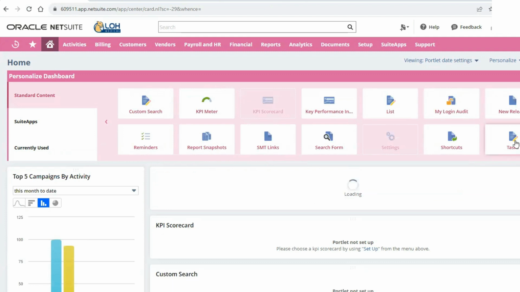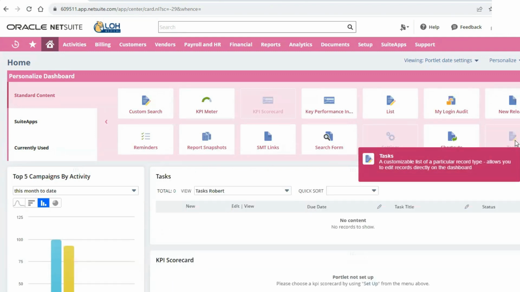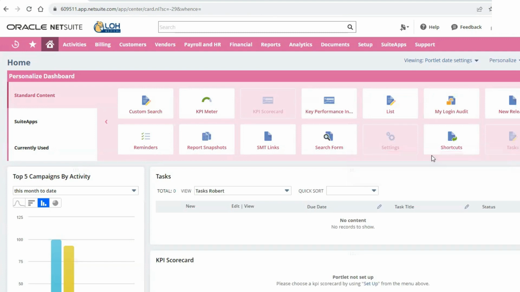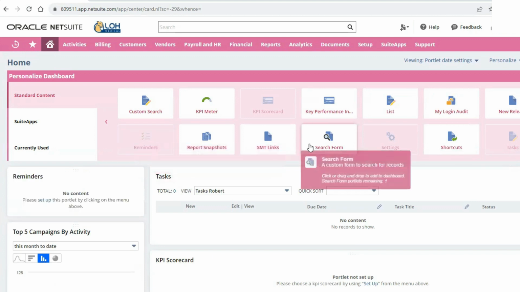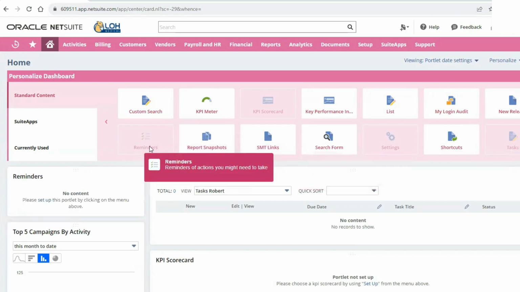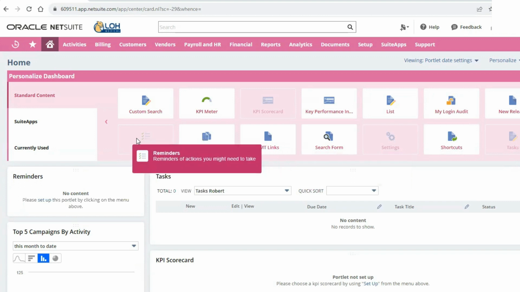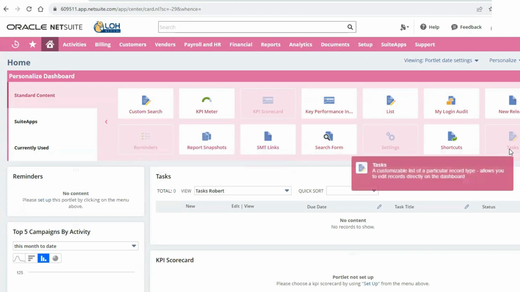Here's our tasks. Let's add those to our dashboard. Reminders. And as you can see, you do have a limited number of portlets of each category that you can use on your dashboard.